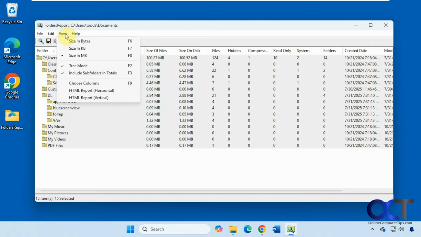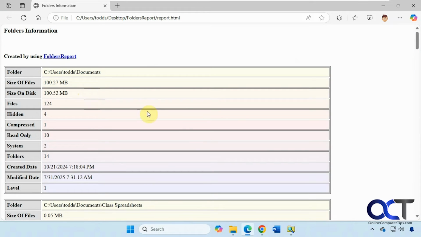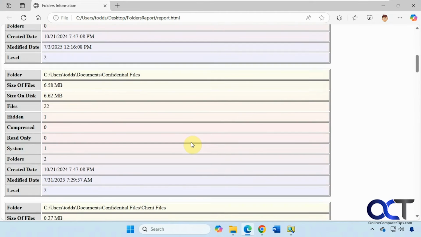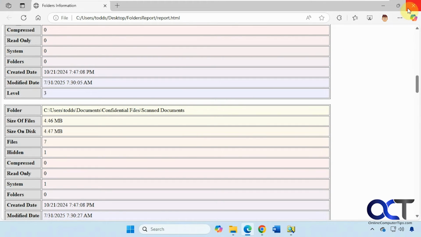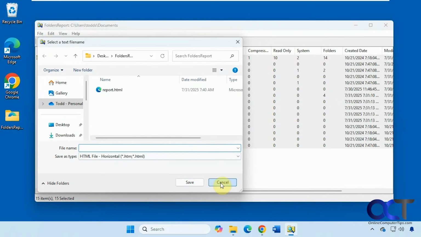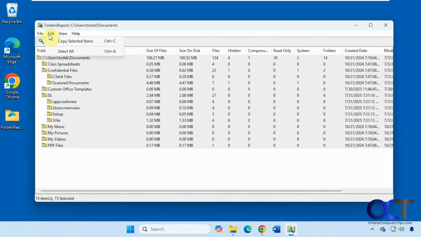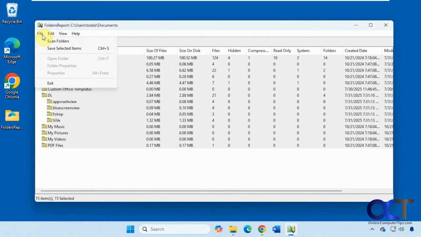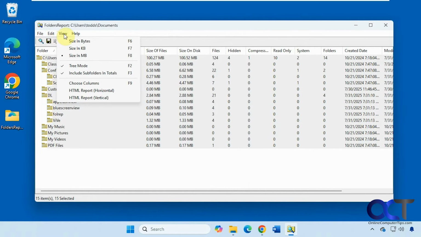And let's check out what the vertical version looks like. Kind of breaks it down here into separate little blocks. And then you could save the selected items as a report. Here's your select all. If you want to do a new scan,